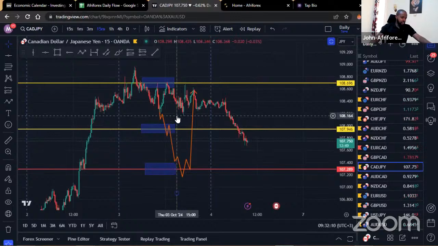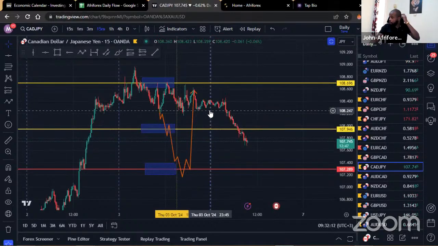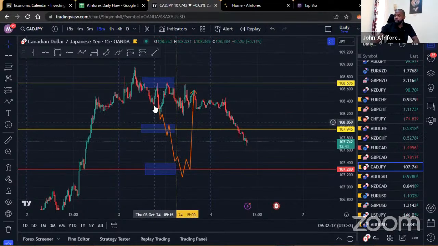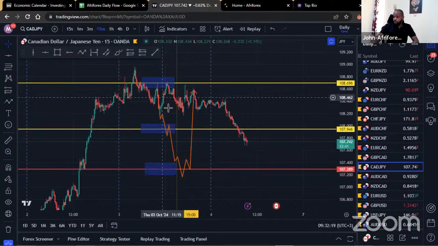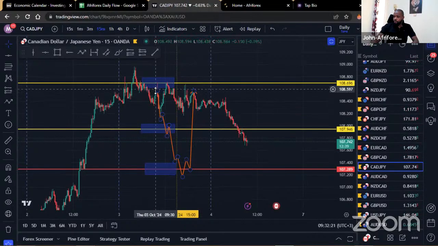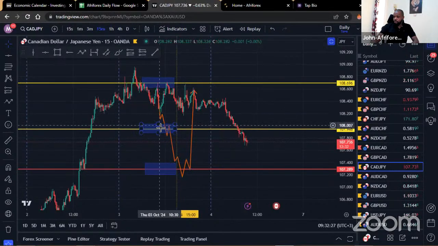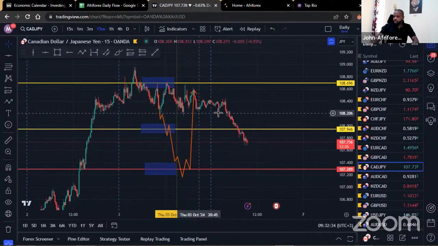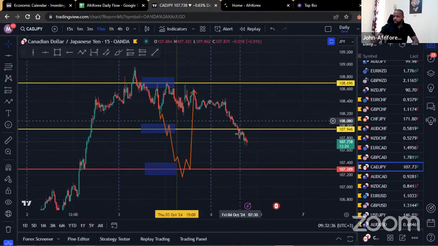So the next one, this is the Canadian dollar against the Japanese yen. So for this one yesterday, we're trying to see whether we could have gotten some buys. You can see the 3 regions right there that Mitch had pointed out. And of course, an illustration of what to expect. You can see that in the morning price was somewhere within this region right here at around 910. Price had just tapped that region. Wasn't a good area to look for the buys. Clearly, we wanted to see whether we could get the market coming back in within there or somewhere there. But the market seems like it was just holding within this SNR yesterday.